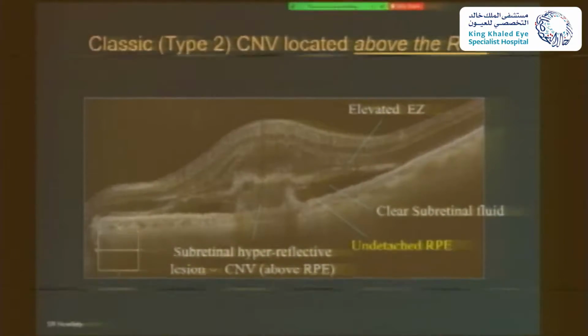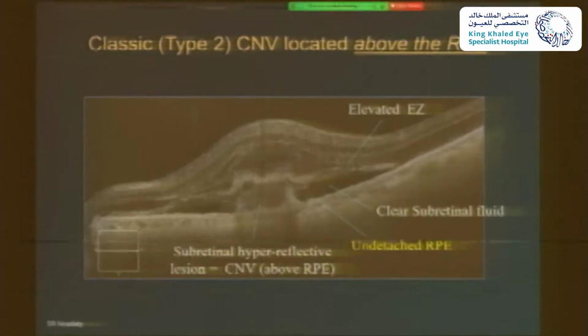How does it look on an OCT? Well, the OCT translates the anatomy. We said from the beginning that the choroidal neovascularization grows through the RPE, under the RPE, and then through the RPE. So you expect to see an RPE elevation, and you expect to see also growth beneath, through the RPE. And if you look here carefully, you're going to see that this is the retinal pigment epithelial layer, okay? And if it was an occult, type 1 membrane, this RPE would be elevated, and all the growth would be under it. But what's happening here is that you've got a CNV that has gone through the retinal pigment epithelium,